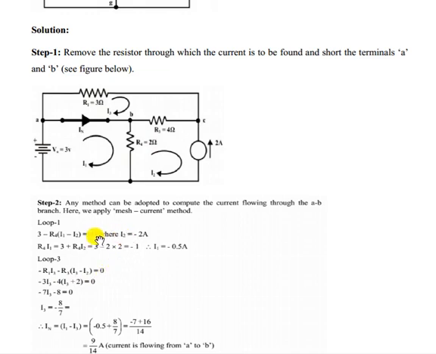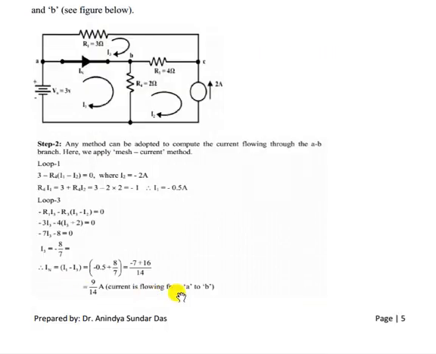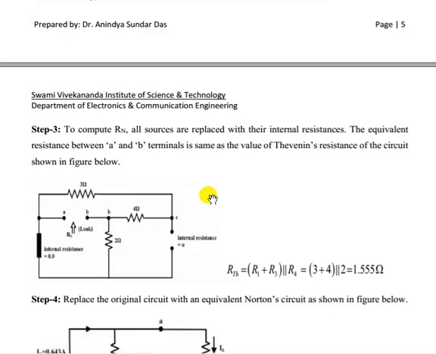Now by putting the I2 value in the first equation, we get the value of I1. As we know the value of I2, we can find I3. So we got the values of I1 and I3 from the KVL equations using the mesh analysis method. So IN, the short circuit current flowing from A to B, is I1 minus I3. By applying IN equal to I1 minus I3, we got this value, which is flowing from point A to point B. Now we have to find the Thevenin equivalent resistance.